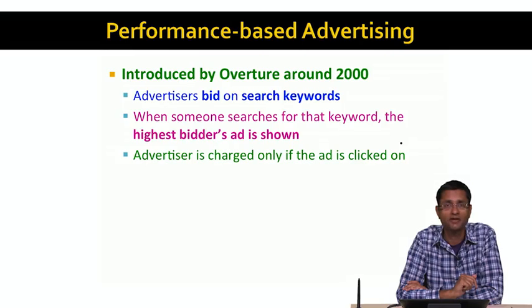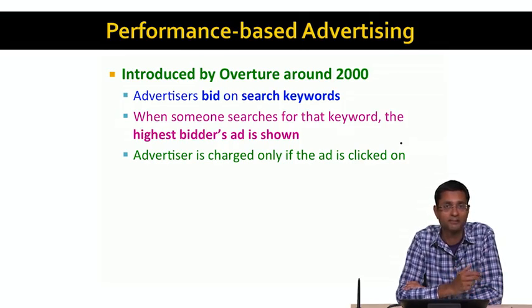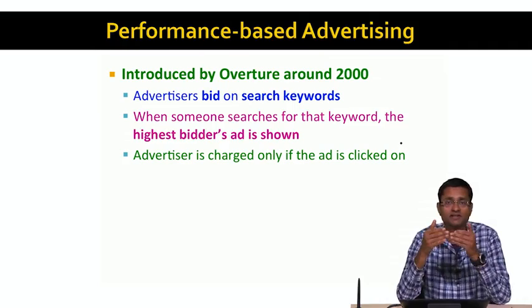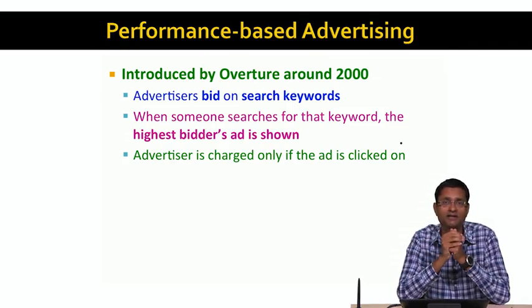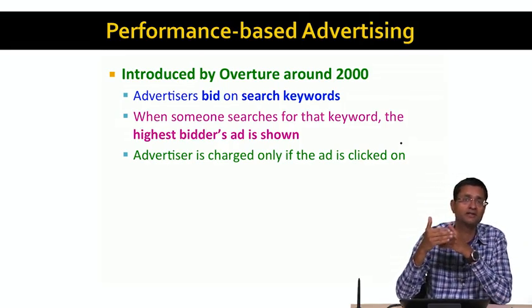Their innovation was that they allowed advertisers to bid on search keywords. People searched on Overture, much as they search on Google and Bing today. And advertisers bid to appear on those search results by bidding on specific search keywords. When somebody searched for that keyword, Overture showed the ad of the highest bidder followed by